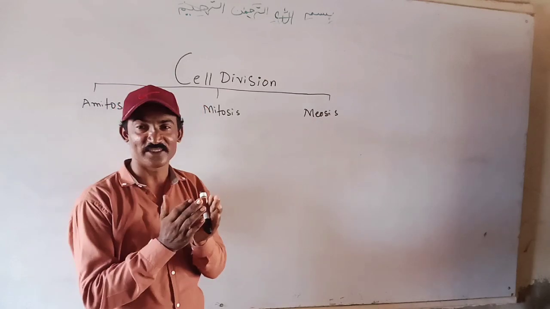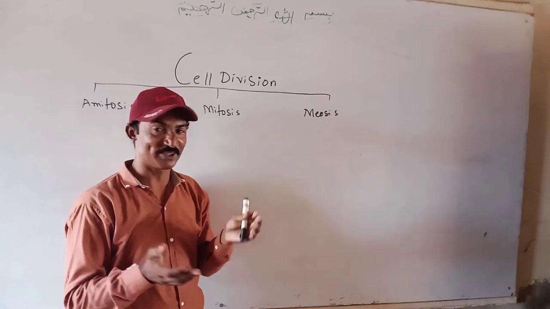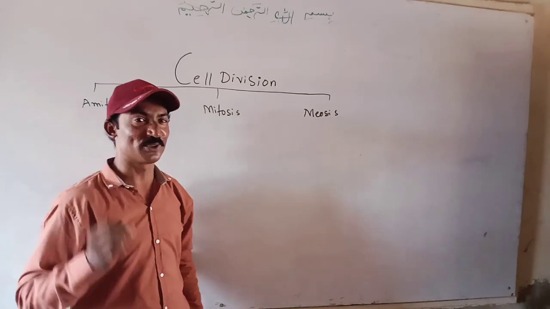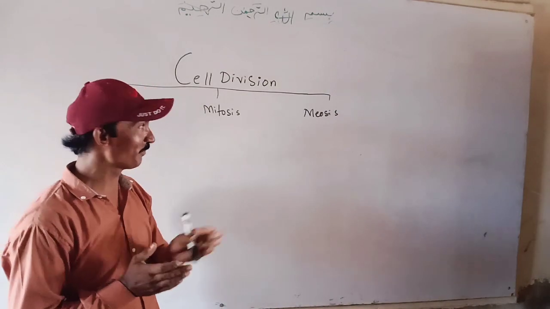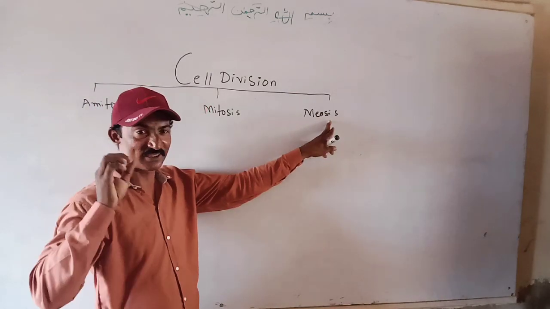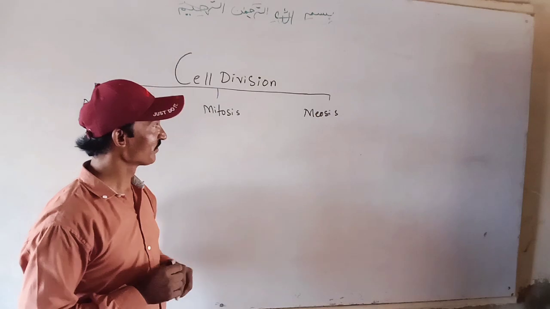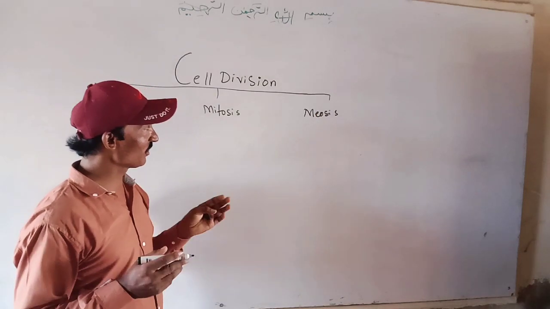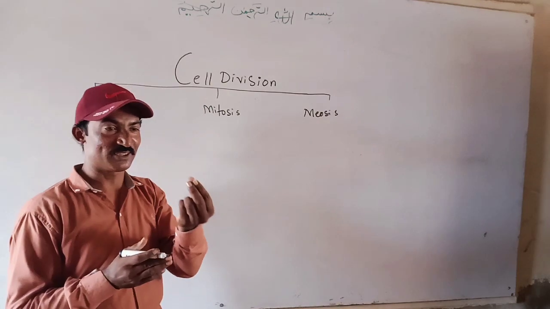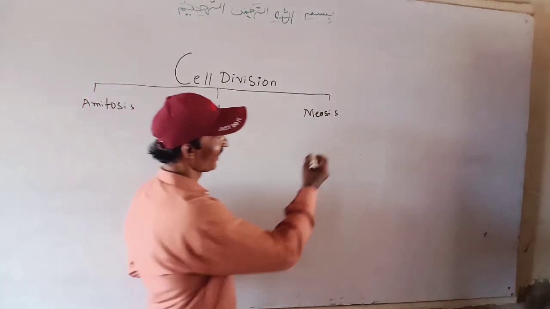Gamete formation. What are gametes? Gametes are the reproductive cells, such as ova and sperm in animals and spores in plants, and this is the very best and special type of cell division found in cells. And how can we say that it is a reduction cell division? Let's take a small example. Here are the